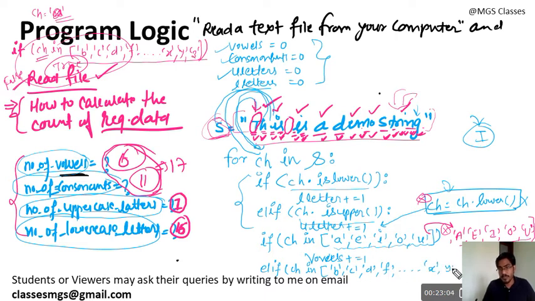You need to write X, Y and Z. Remember this: if you have written this line before both if-else conditions, then it is okay to write small letters only. If you don't want to write this line, then you need to include the uppercase of these letters also in the list, like we have done in the case of vowels: B, C and so on, up to Y and Z. Up to Z you need to include the capital letters also in this list. And in this condition, if this is true, then we will increment the consonants here.